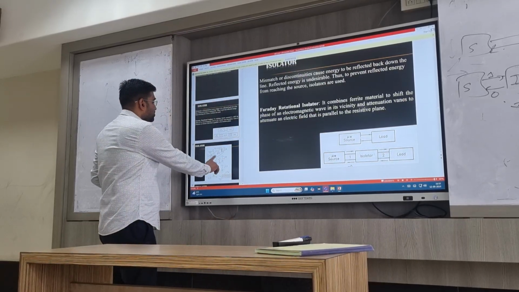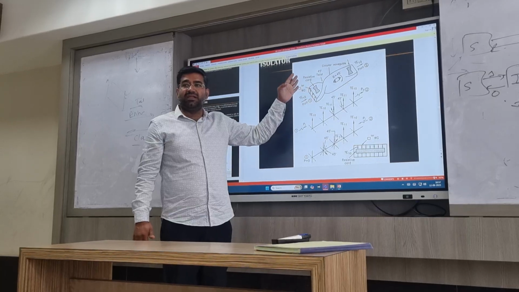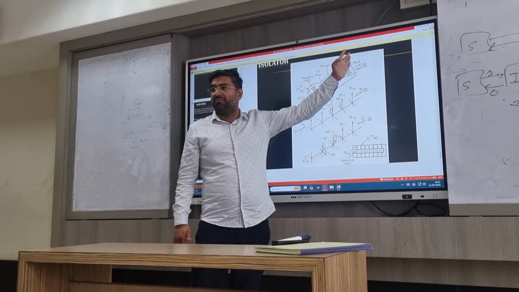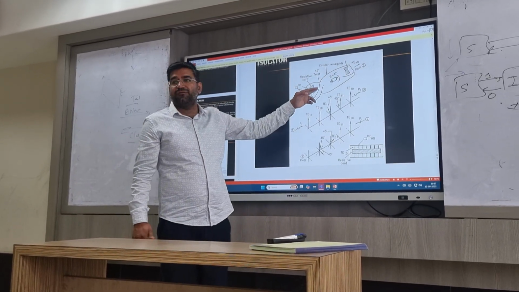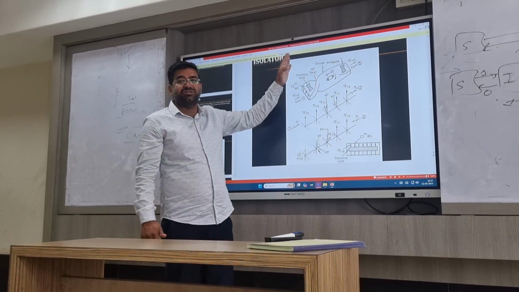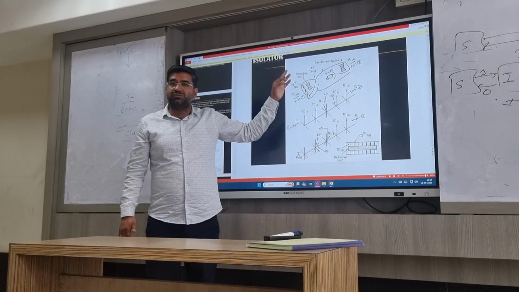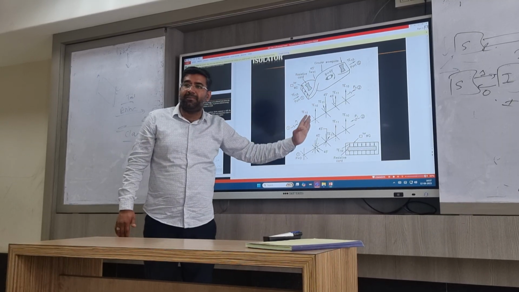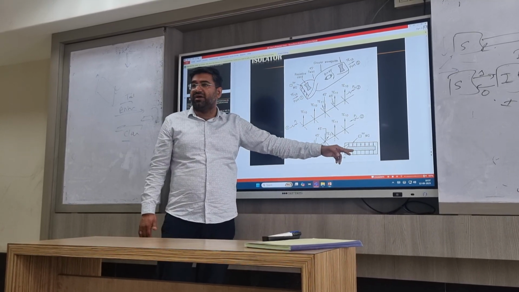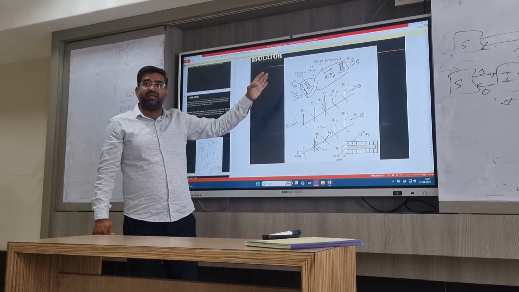An internal construction of the isolator: it consists of a resistive card which is present in front of port number 1 and port number 2, a waveguide twist of 45 degree, and a circular waveguide twist of 45 degree, which is a Faraday rotation device. The function of the resistive card is to absorb the wave whose plane of polarization is parallel to that of the resistive card. If it becomes parallel, it is going to absorb. Then case 1 and case 2 conditions.